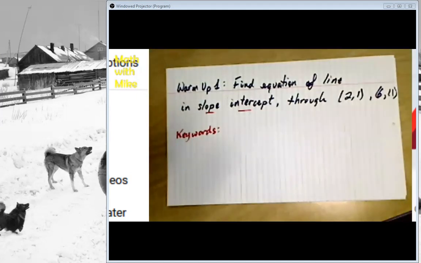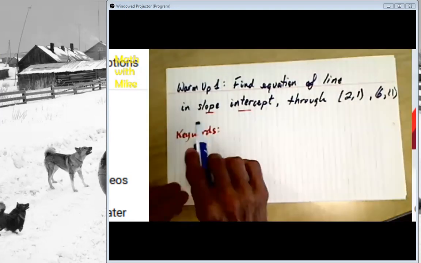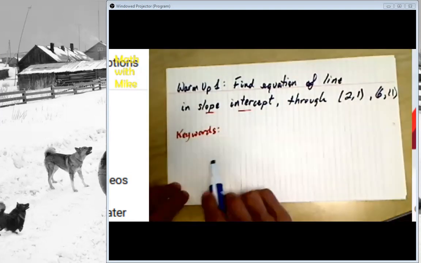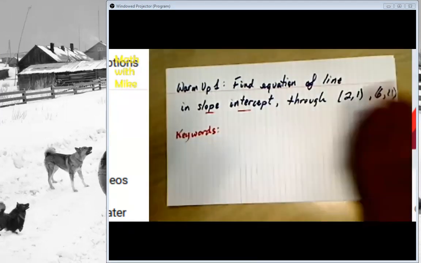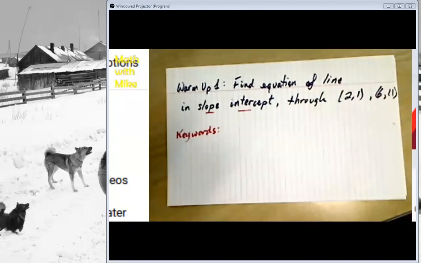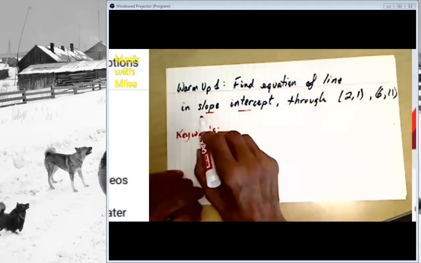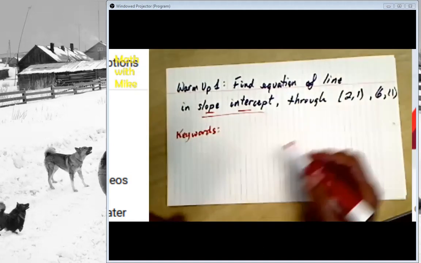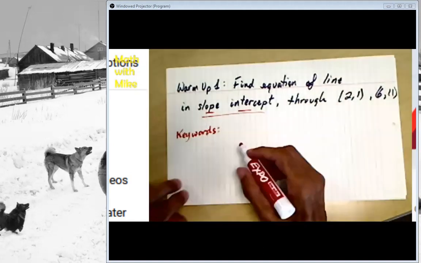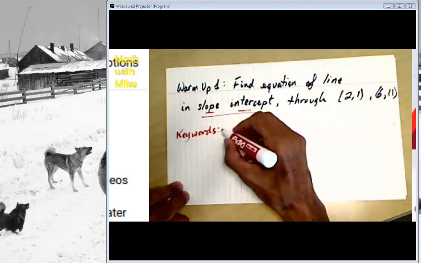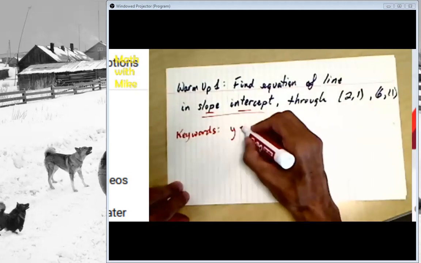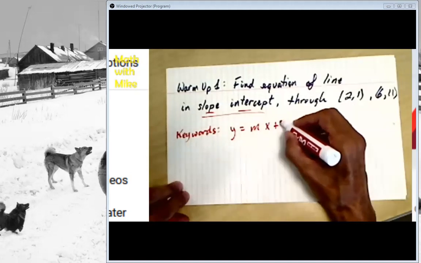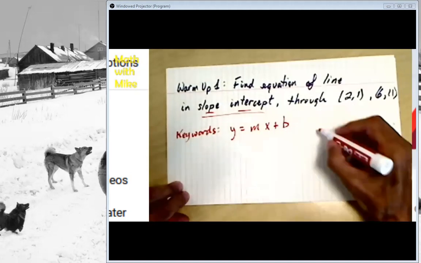A good idea, if someone was having a bit of struggle, is to find the keywords that are in there and even underline them, right? So here we see slope for sure is one of them. And then even slope intercept is a whole thing by itself, right? So from those 2 keywords, I know for the slope intercept that y is equal to mx plus b. And from the slope, I know that